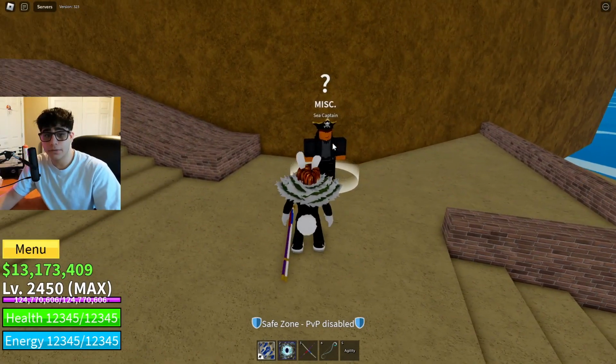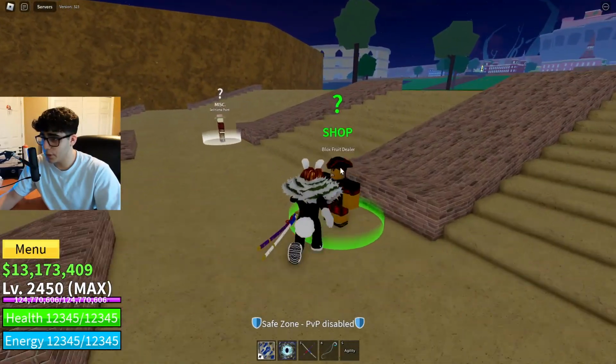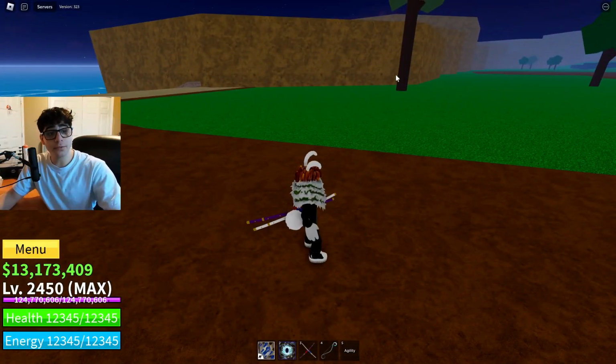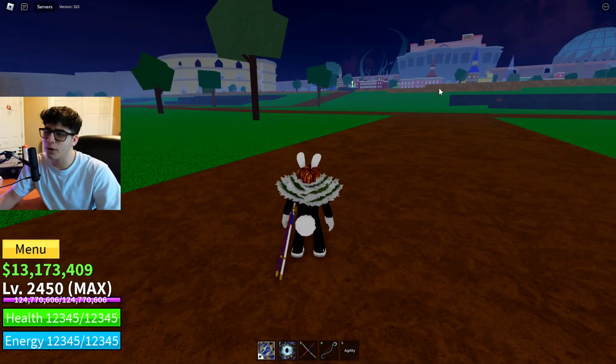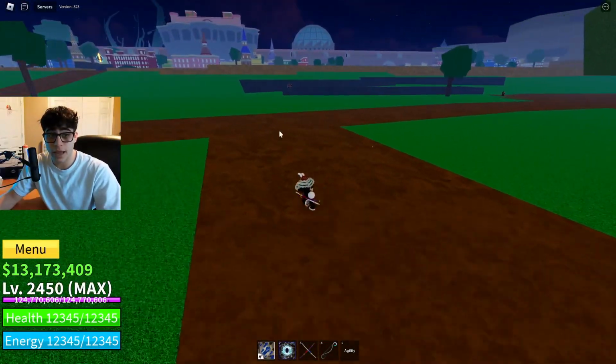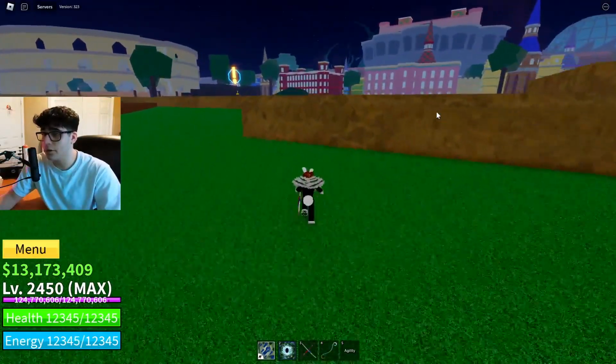Here's the sea captain if you want to go back to the first sea. Pretty neat guy here. Say your spawn point. There's the Blox Fruits dealer here as well. So this first part is very important. Now, this is one of the most boring parts in the game. There's a lot of grinding you have to do in this island right here. A lot. So it might take a little bit of time, but once you get past it,